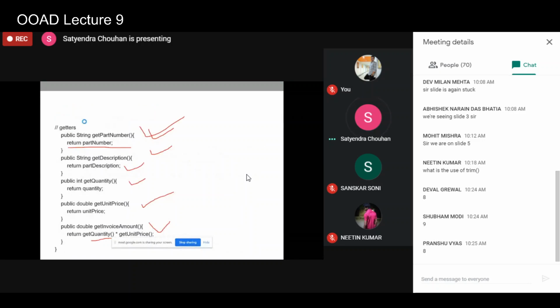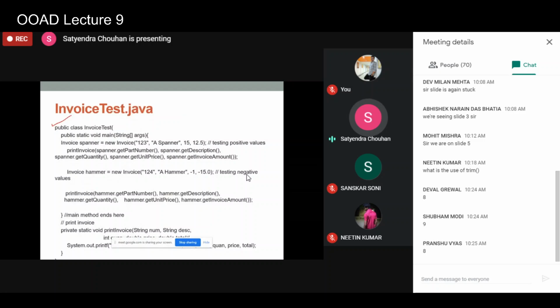So the test application, that is invoice test. Why are we calling it the test application or the client side application? Because all the objects or the behavior of this class is actually tested in this main class. Assuming it as software, there is an interface on the client side, and whenever it is clicking a button, let's say submit or create invoice, it is basically calling a constructor and creating an object.